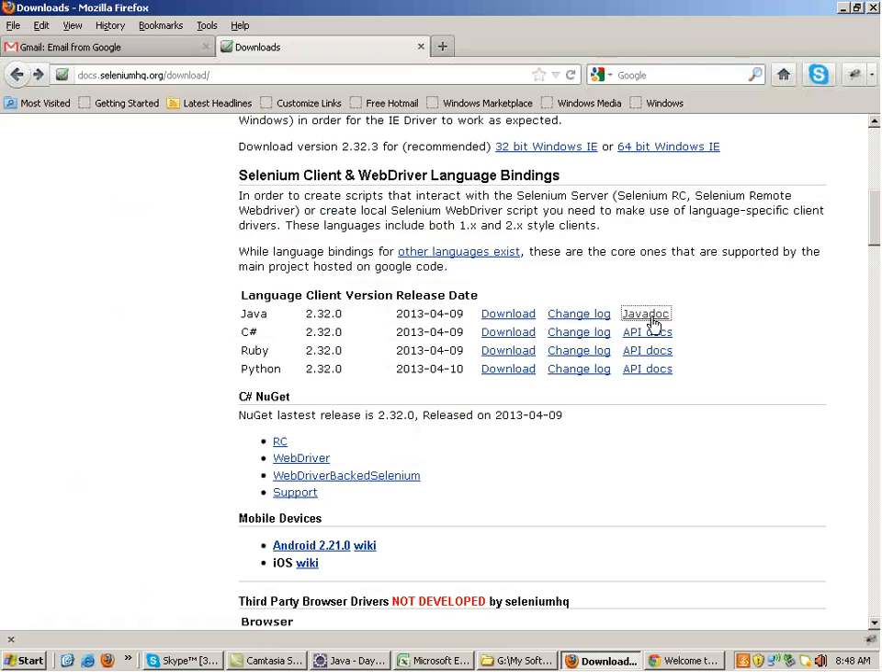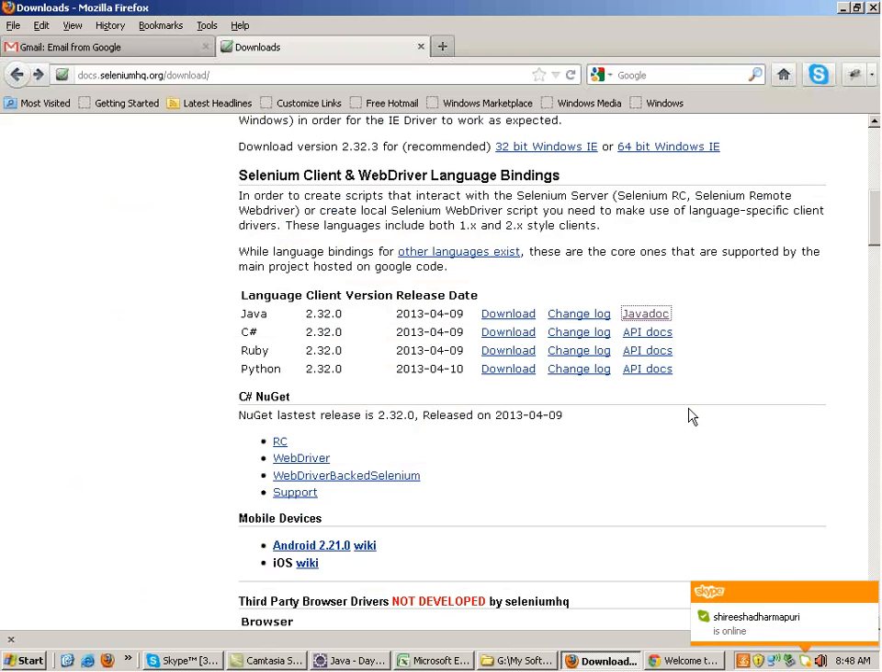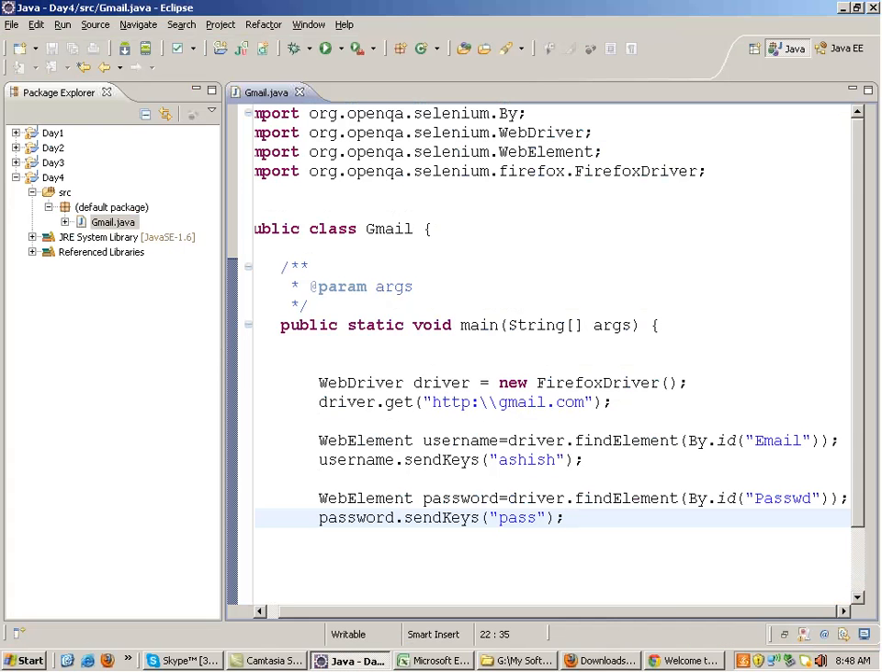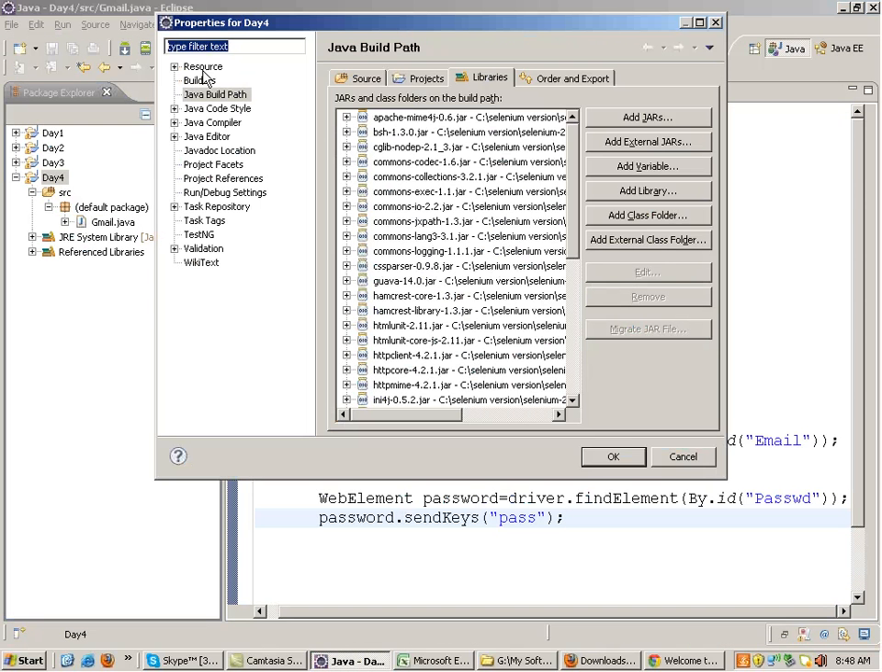So I'll talk about that, Anuj. I'll talk about that in the coming classes, right? So right click on the Javadoc, copy the link location, right? And go to your project. In the libraries,